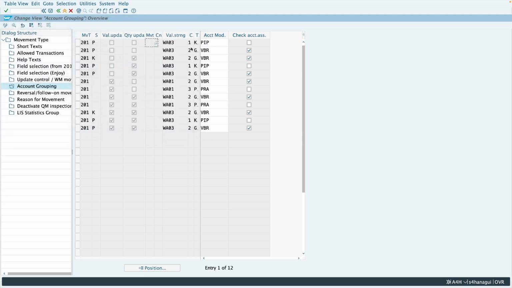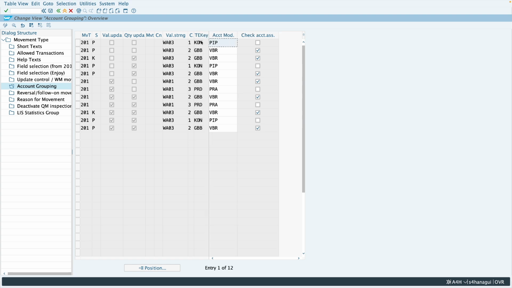And then finally you have a consumption indicator. Based on these combinations, system will find which transaction is being done. So you have a transaction key here, and that transaction key will be associated with the account modifier. And this account modifier you will enter in the OBYC configuration. Let me just show you. So if I go to OBYC,